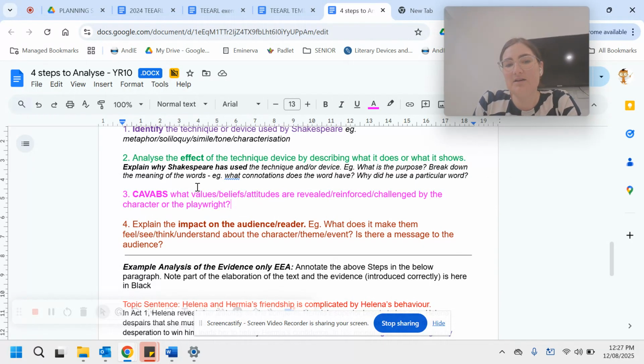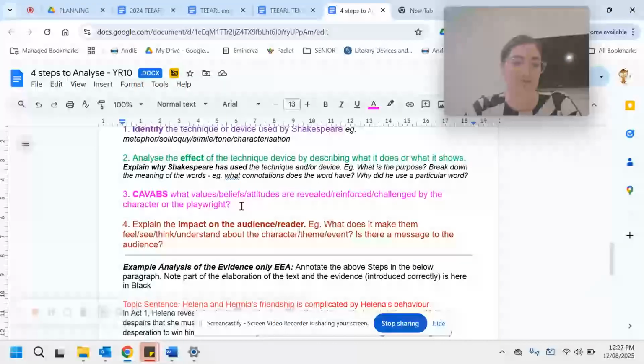So this can be a little tricky for some people, but it's really not that difficult if you just pick one. Okay, you don't have to talk about all the examples, just one. So, for example, if you're talking about Helena calling herself a spaniel and being obedient to Demetrius and how she follows him and lauds him, you could talk about how that